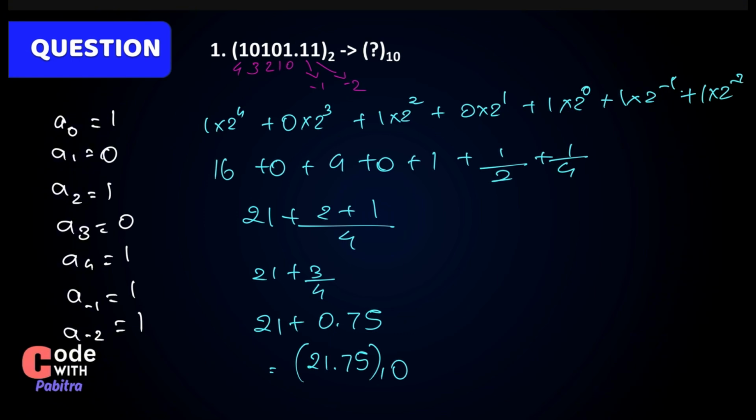Binary to decimal conversion is one of the most fundamental concepts in computer science because it helps us understand how computers store and process numerical data. So I hope you understood how to convert binary to the decimal number system. So we will now move on to